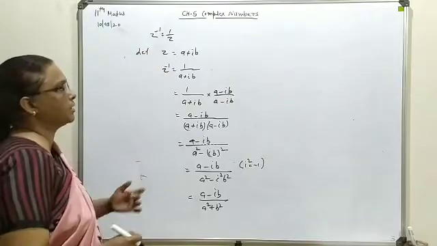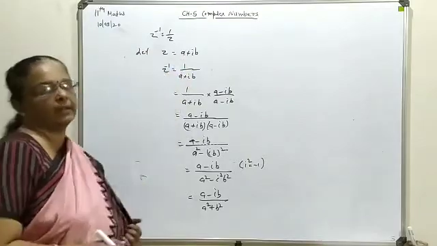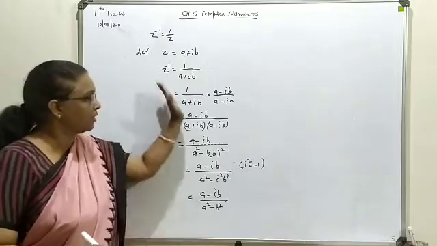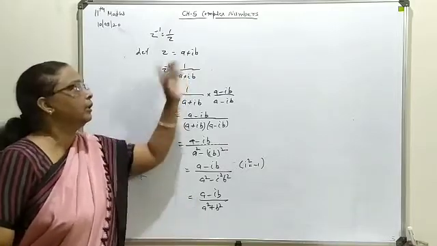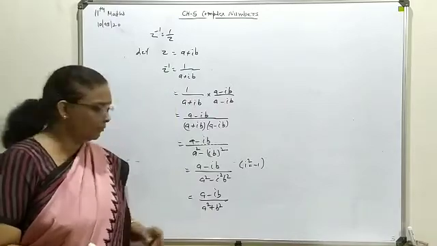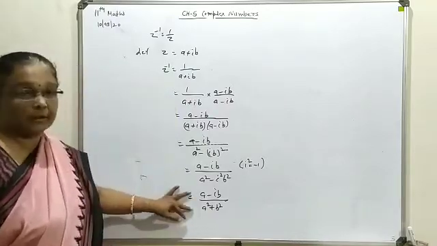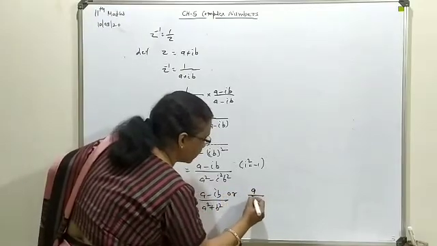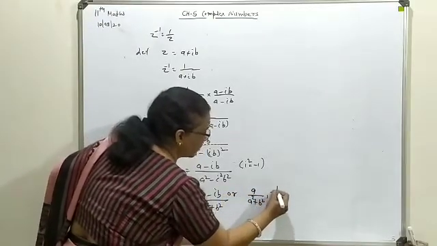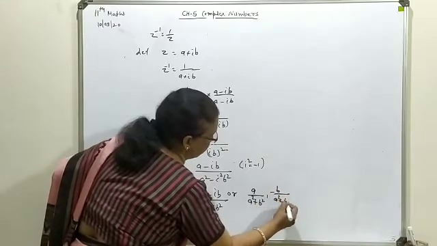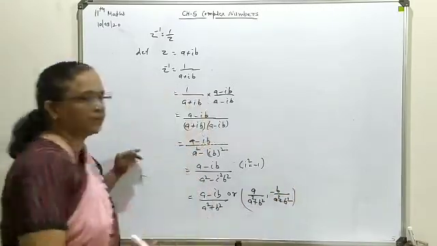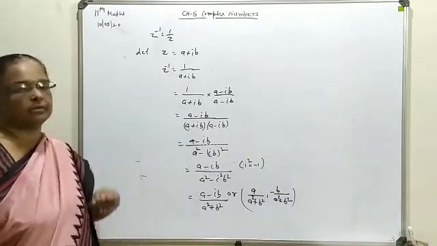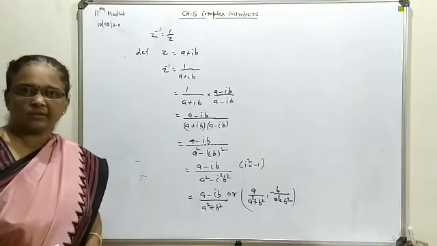So if any question is available with this standard form A plus IB, at that time its inverse you will write this way, or the same process you can implement for the given complex form. Or if you want to write this in an ordered pair form, that also you can write over here as A upon A square plus B square, minus B upon A square plus B square. In ordered pair form, the answer is acceptable. So this is the direct formula you can write as the multiplicative inverse for a given complex number.